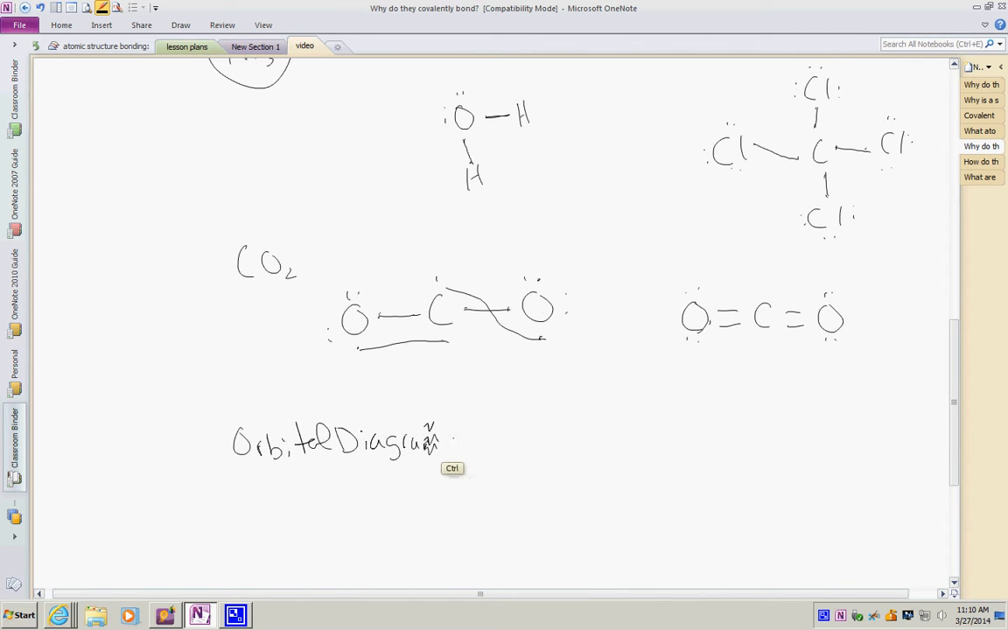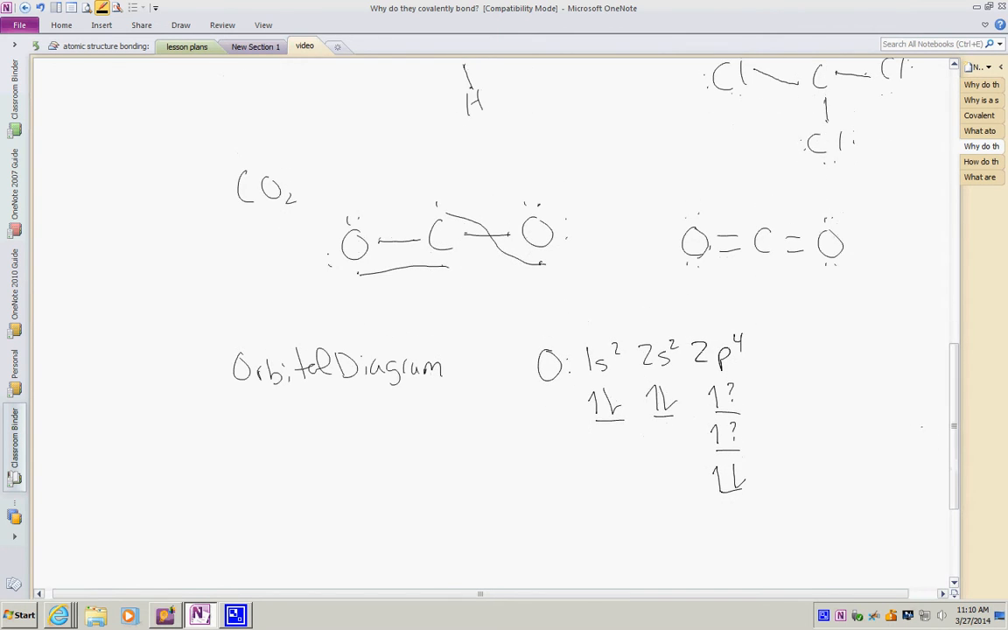Now, an orbital diagram simply shows this process happening. We could have oxygen, which is going to be 1s2, 2s2, 2p4, which is going to look like this. We have all of our suborbitals, and we're missing a spot right here and right here. These two electrons here refer to this electron right here and this electron right here, and we're missing